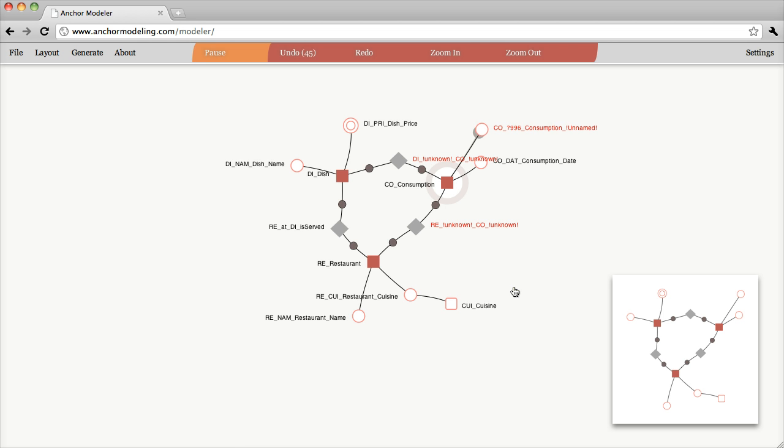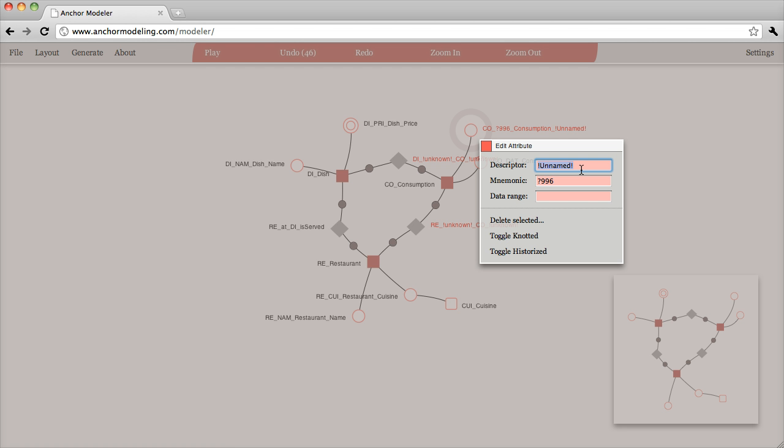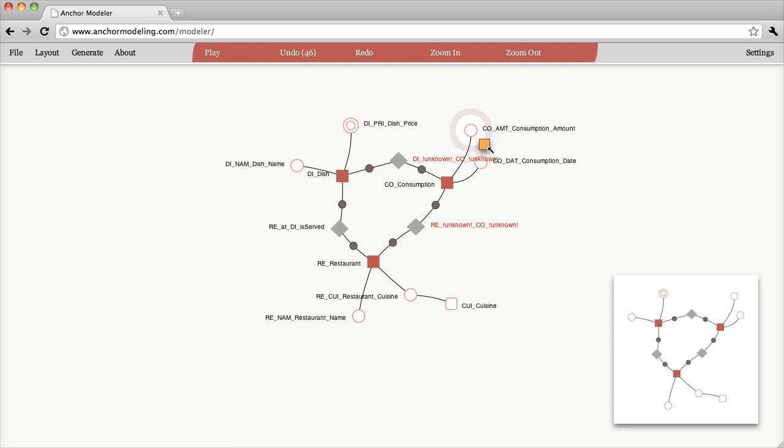Let us also keep track of a second thing, which is the amount of food that was consumed, like that. So now we have a new anchor with two attributes that's modeling the transaction of consuming food at